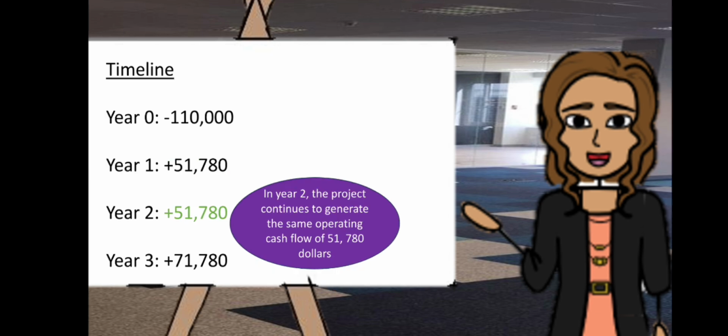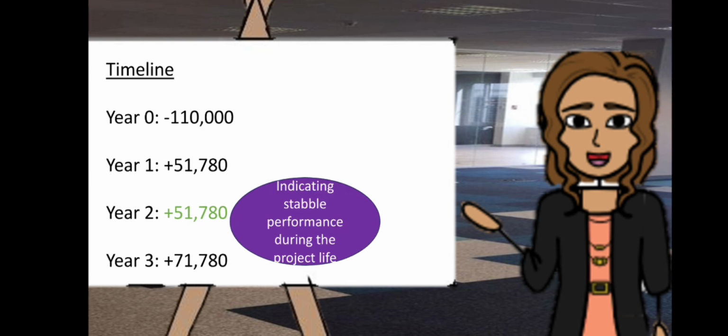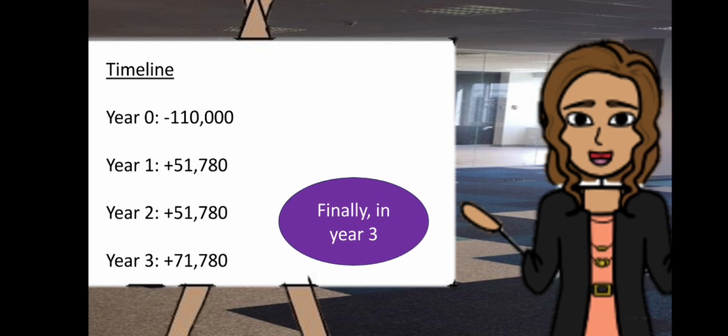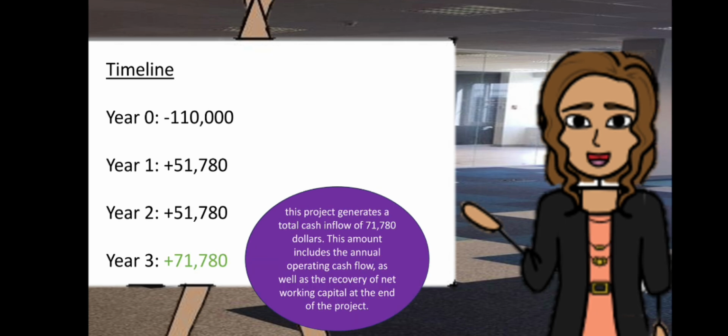In year 2, the project continues to generate the same operating cash flow of $51,780, indicating stable performance during the project life. Finally, in year 3, the project generates a total cash inflow of $71,780. This amount includes the annual operating cash flow, as well as the recovery of net working capital at the